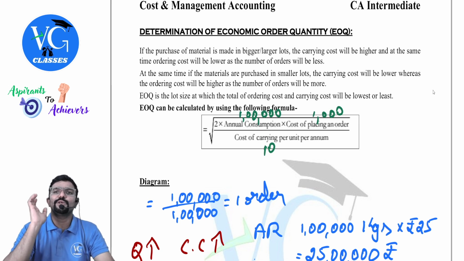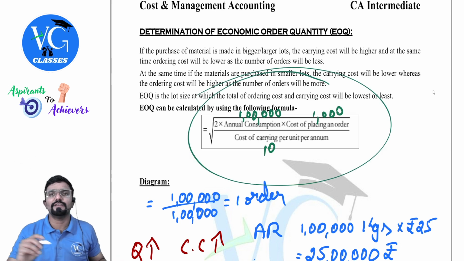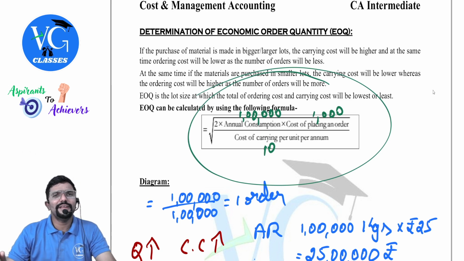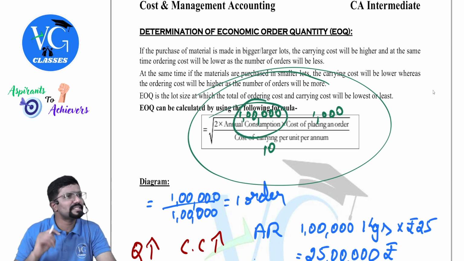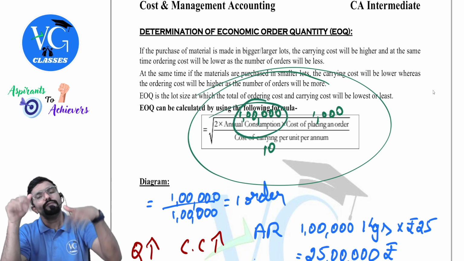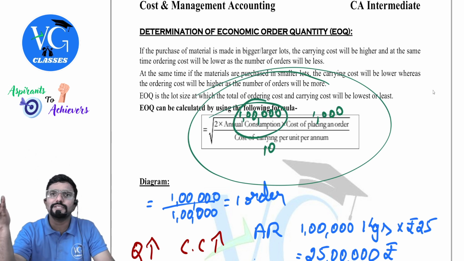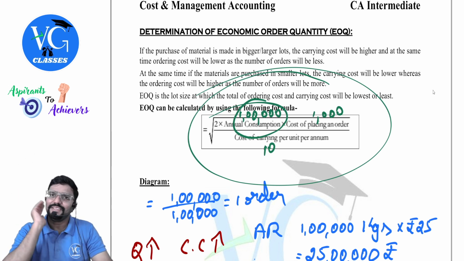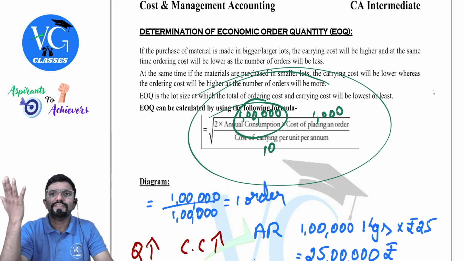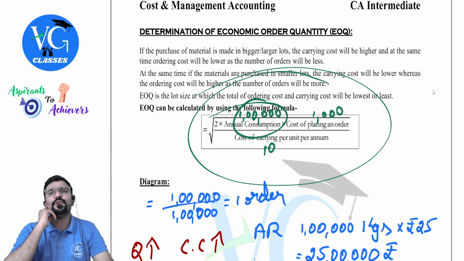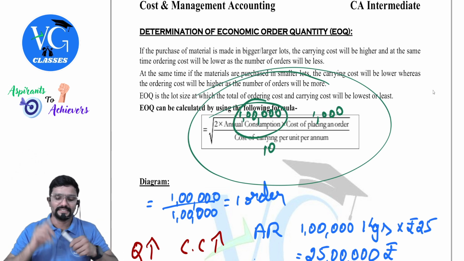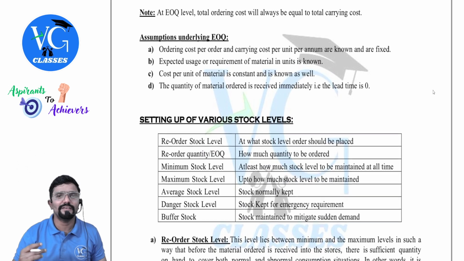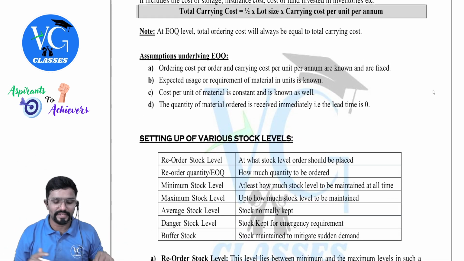So the assumption under EOQ is that whatever we are using for calculation, we assume that it remains constant. Even this 1 lakh kgs, I would have estimated. Now in between the year, assume all of a sudden more demand came for my output. I will start purchasing more raw material. So even this, I am assuming it will remain constant. It may or may not remain constant, but without that assumption, I will not be able to calculate EOQ, guys. Clear? Yes. These are the assumptions. Whatever we use in the calculation, we assume that it remains constant and fixed.